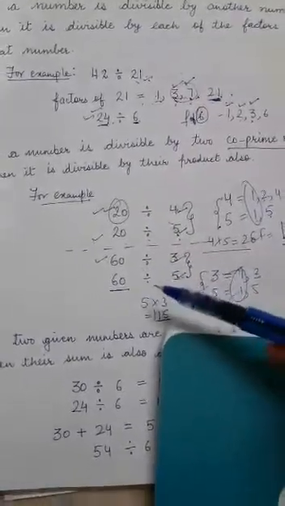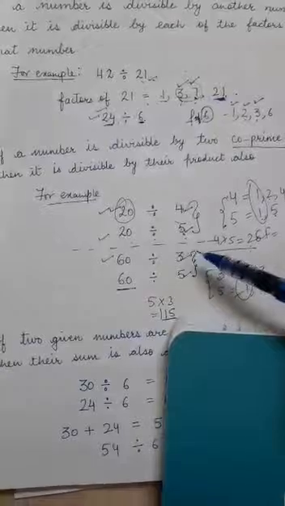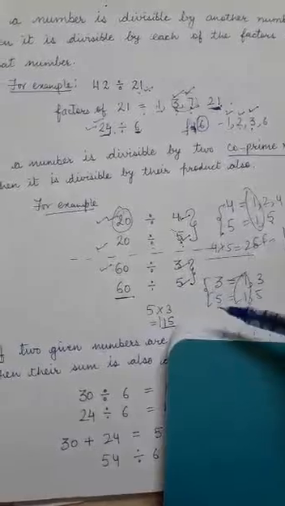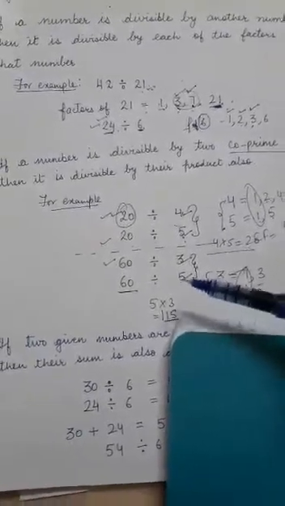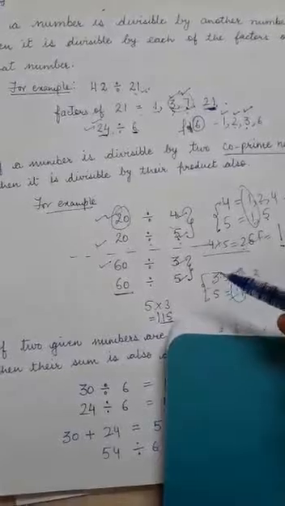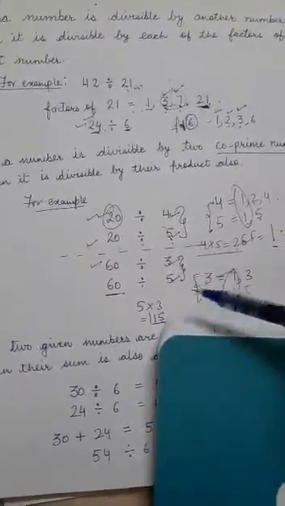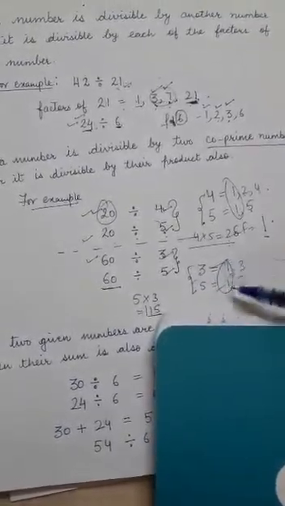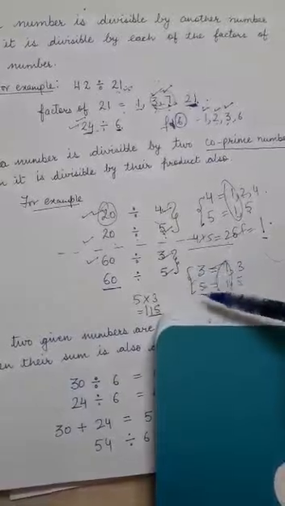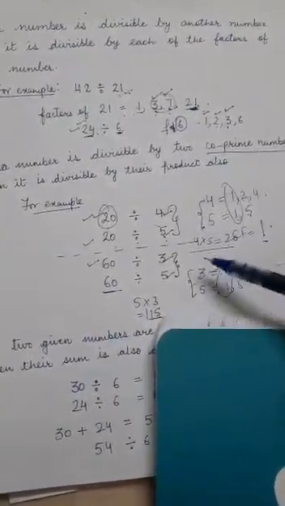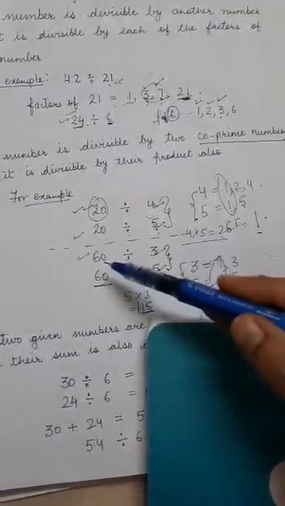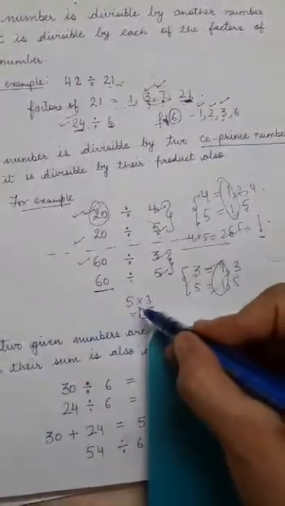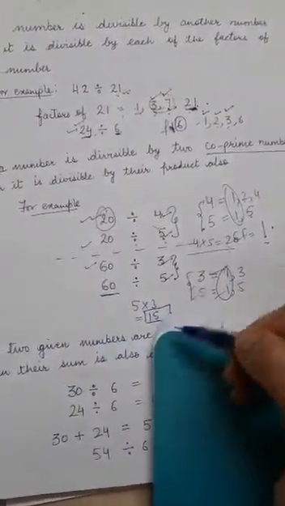Let us take another example. 60. 60 is divisible by 3 and 60 is divisible by 5. Now if I ask what other number can divide 60, for that you have to find out whether 3 and 5 are a pair of co-primes or not. So how can we find out that? We will find out by taking out their factors. If the common factor is 1, as it is here, then the product of these two numbers can divide 60. What is the product of 5 and 3? It is 15. So 15 is a number which can divide 60.